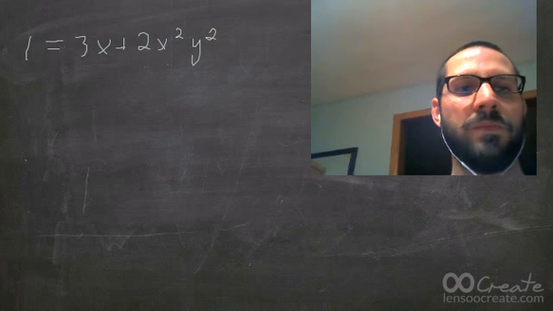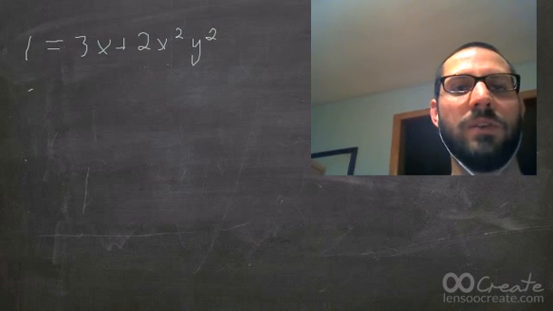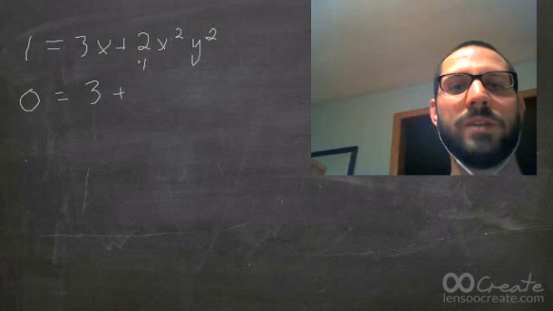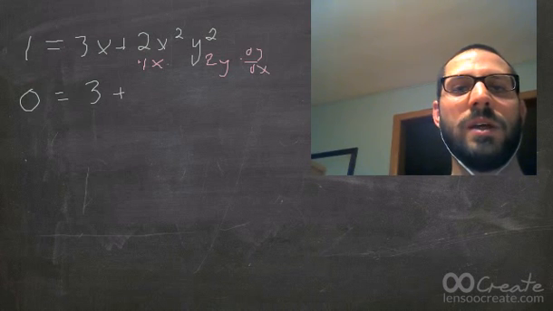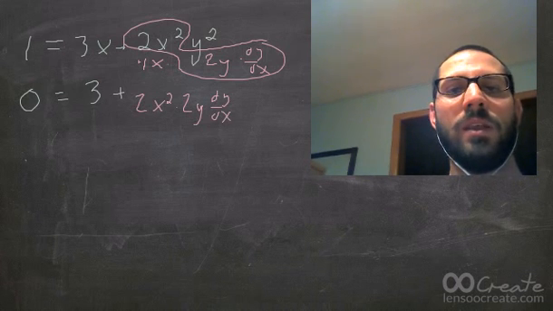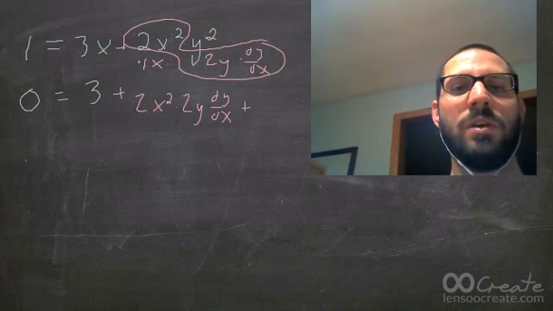All right, got a little more going on in this one. Derivative of 1 is 0. Derivative of 3x is 3. Now we've got another product rule going on here. Let's grab another color. Derivative of 2x squared is 4x. Derivative of y squared is 2y dy/dx. 2/3 bow tie. 2x squared times 2y dy/dx. We'll probably simplify that in a second. And then plus